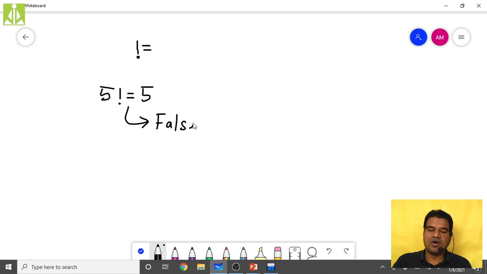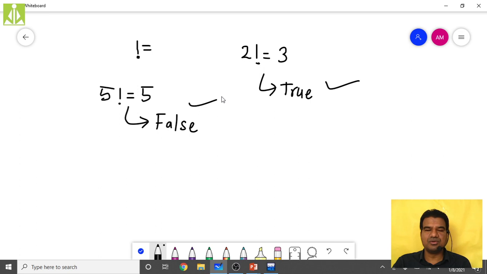But when you do the inequality between two unequal operands, 2 not equals to 3, this is a true statement. This is true only. So it will return true, to indicate the correctness of this statement. So likewise you have to remember, equals to and not equals to are complements, or the inverse, of one another.